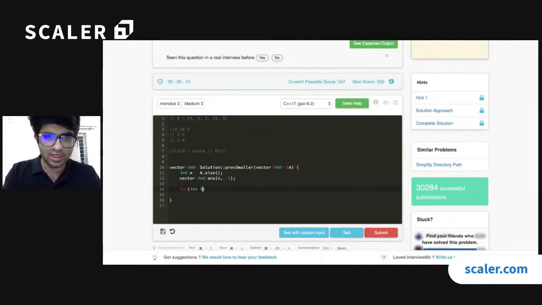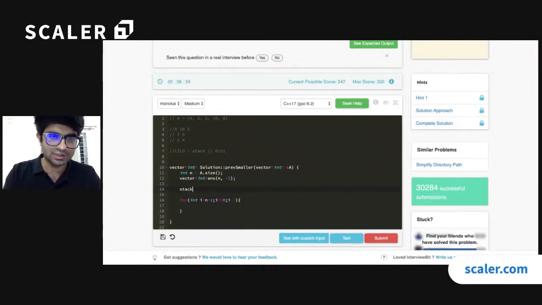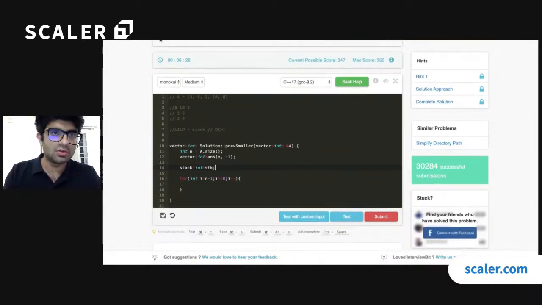We just need to iterate. From the last element, I need to move till the first element. In that way, I need a stack data structure to maintain the information as I just discussed. Why? Now, one thing I need to be sure of is what the edge case will be. If my stack is empty,